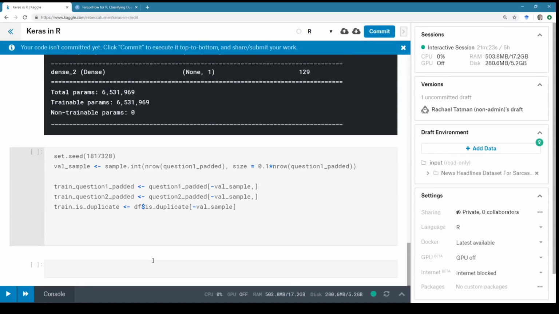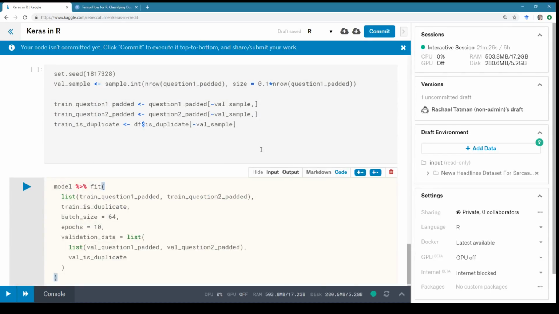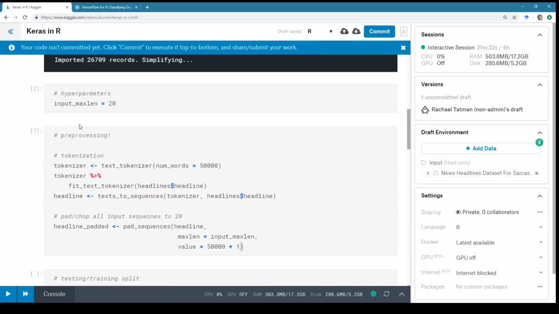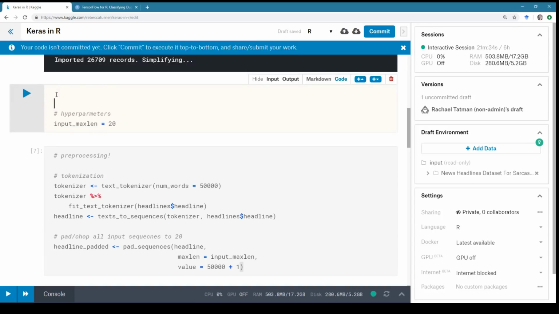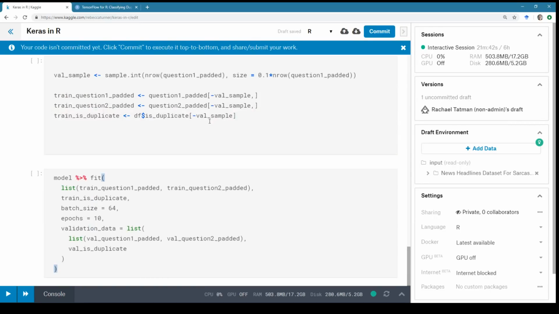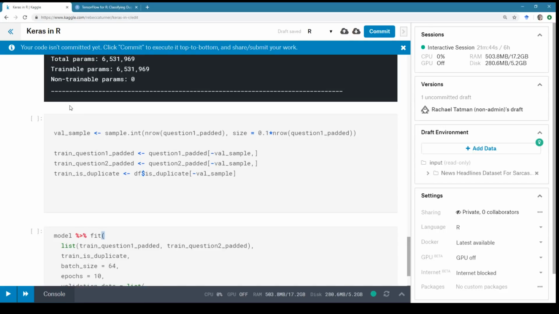I really thought we'd done this last time. All right, so we do want to set a seed for reproducibility, and I'm actually going to do that up with our hyperparameters. And because it's R, we should only need to set one seed. I'm going to use just 42 instead of their seed, just because a lot of people use 42.